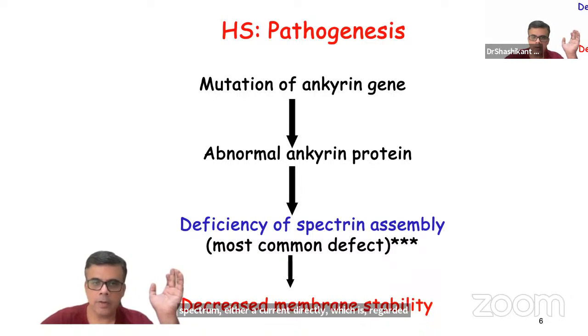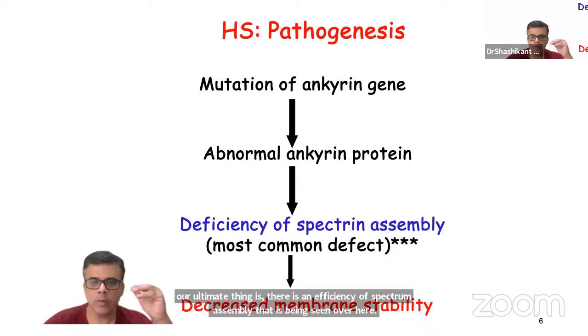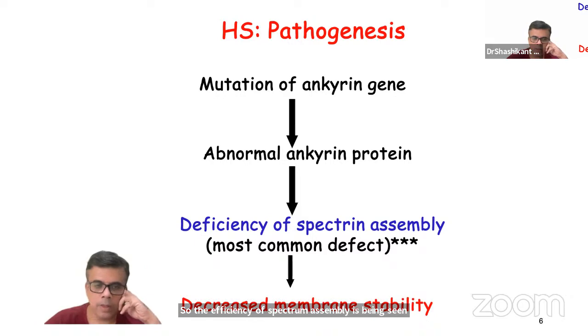The thing is, there is a deficiency of spectrin assembly that is being seen over here. And there is a complete loss of membrane stability due to ankyrin, which acts as a binding protein between the spectrin and the RBC phospholipid bilayer. That gets distorted, and there is a spectrin assembly defect that leads to loss of lipid bilayer of the RBC